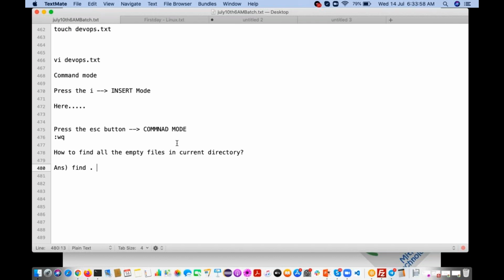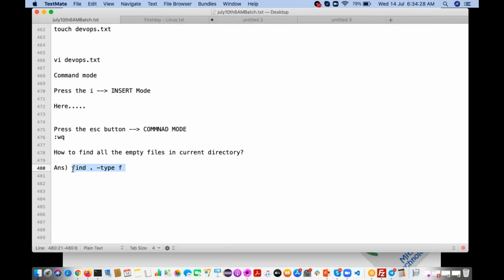So what do you want to search? Files, right? Hyphen type f. Here hyphen type f means file. Then space. If you execute this command, it is going to search all the files in the current directory.